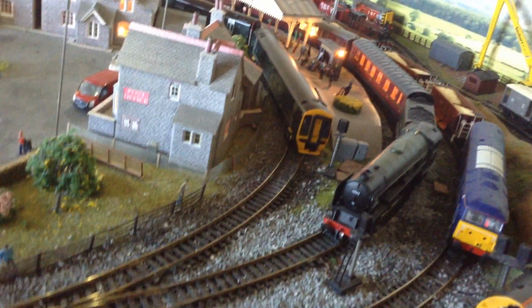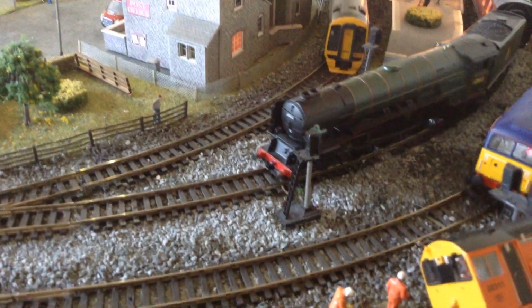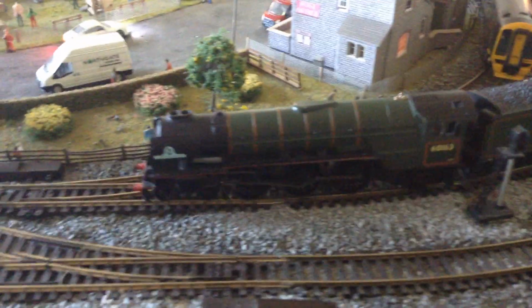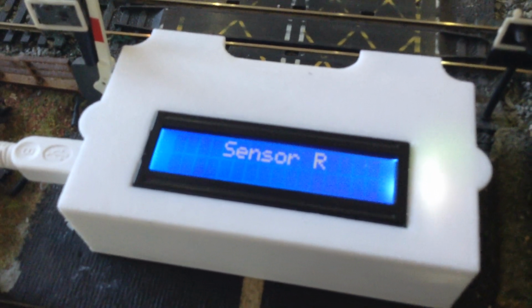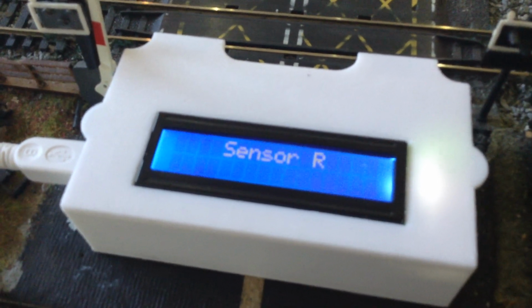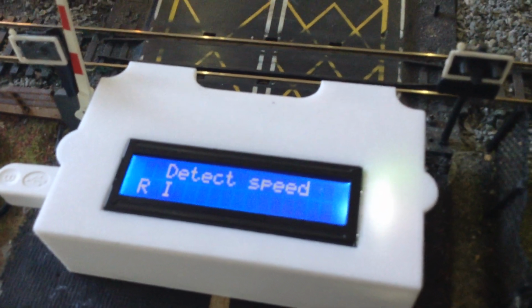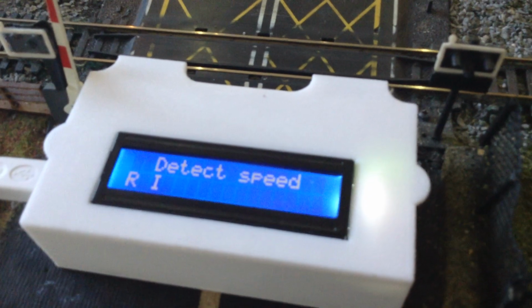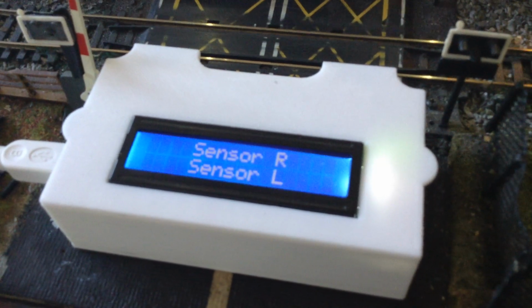This one has got to be slowed down a bit more yet. I think I've got it at 15, I think it is. But this really needs to be put to about 20 or 30 because it's going away too quick. So it'll pick this up in a minute as it comes round. There it comes. It's now ready for detection. When it says that, that's when it's ready. If that hasn't come up, it doesn't do it. Right? 45 miles an hour. I've actually got it set at 50, so it's very close. As you can see,